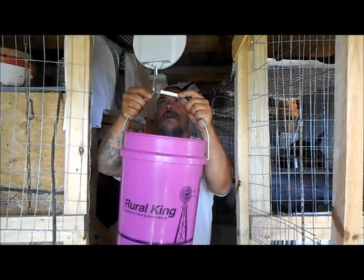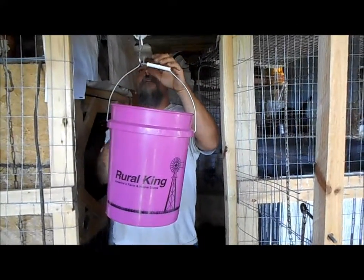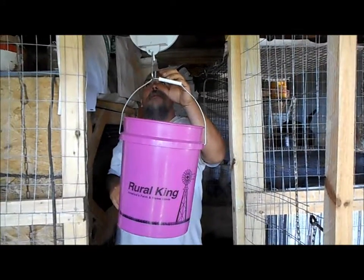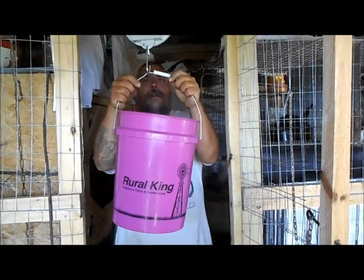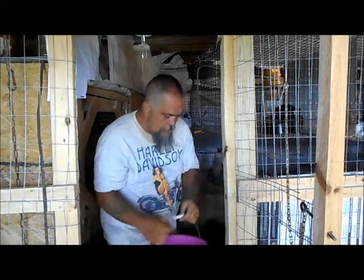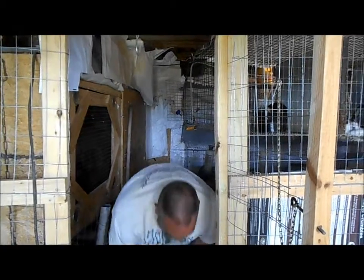I've been working in the garden. Now we're going to do the final weigh of the rabbits that we've been testing out with the different feeds to see which feed is best for us. 11 pound, 1/10. 11.1, and that is